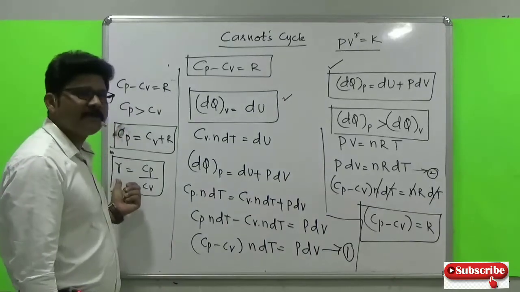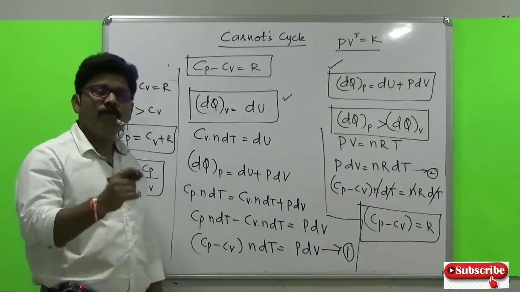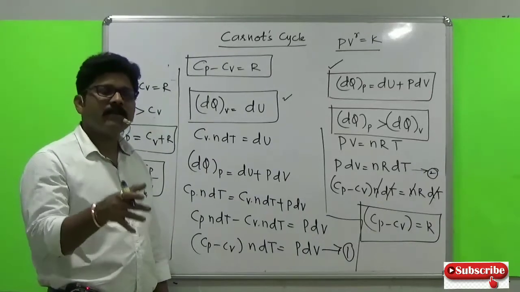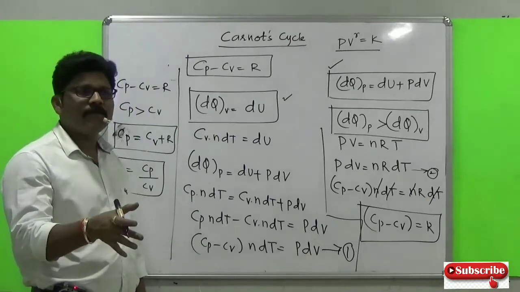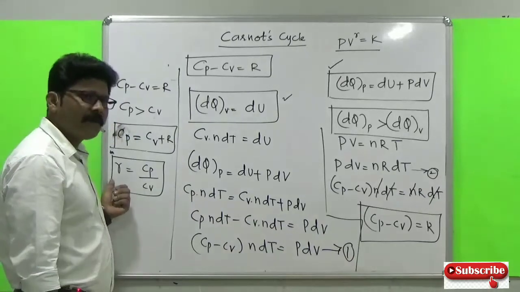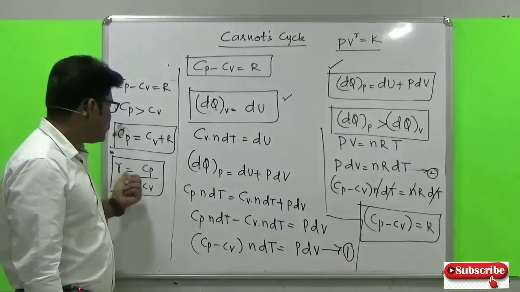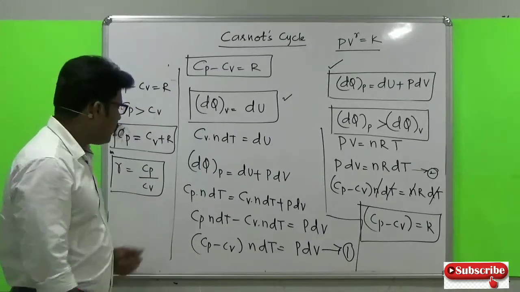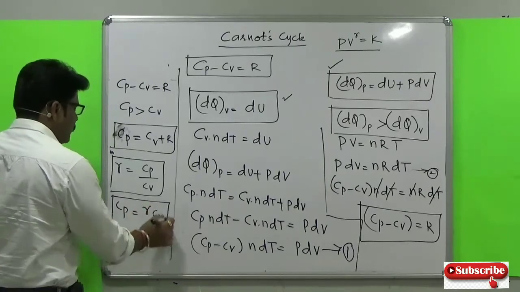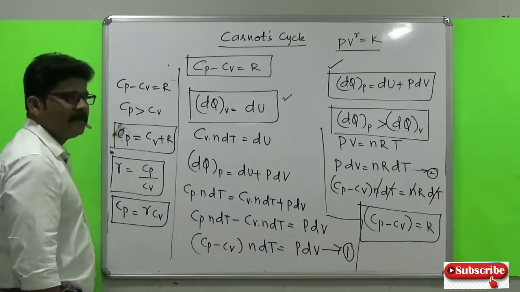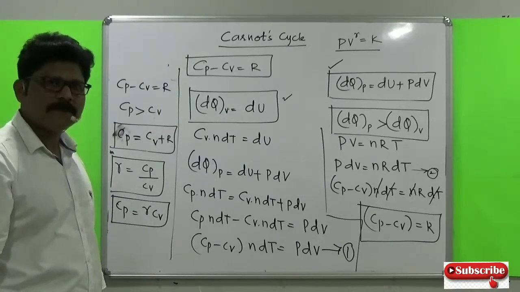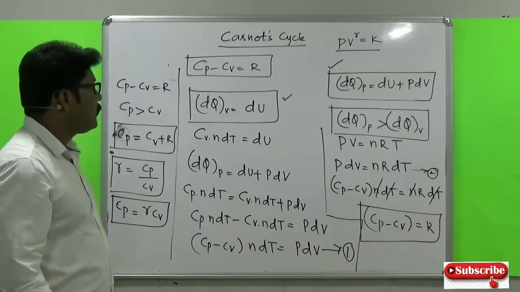Gamma is equal to 1 plus 2 by F, that's the formula, where F is the degree of freedom. Degree of freedom, again, will be a different topic. For the time being, what we require is that gamma is the ratio of specific heats, or Cp is equal to gamma into Cv. That means Cp is greater by gamma times of Cv. ऐसे भी बोल सकते हैं।